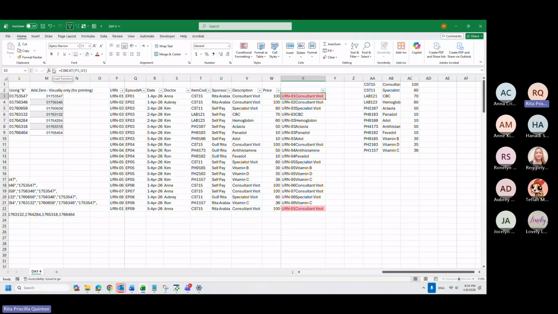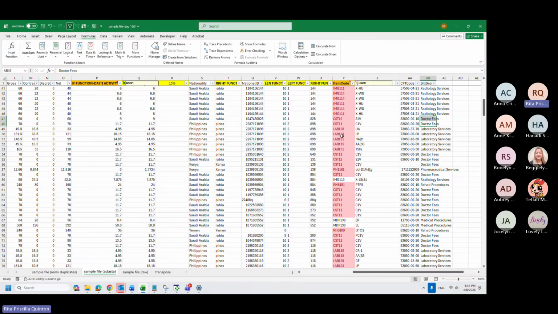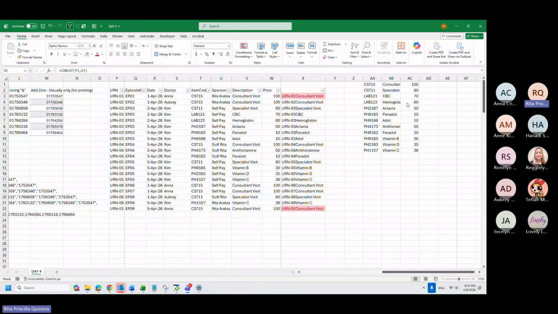Yellow, here. Concatenate, here, same, concatenate. Then, maybe I will turn off my mic. It's for the request of our.